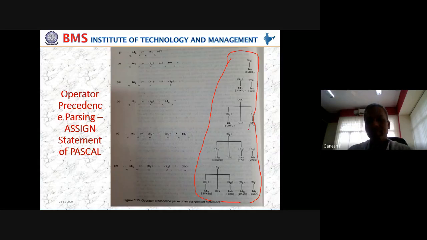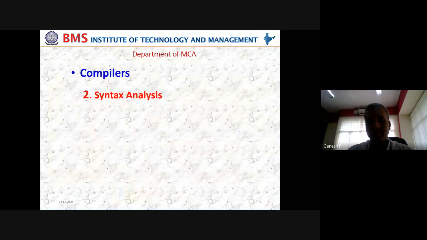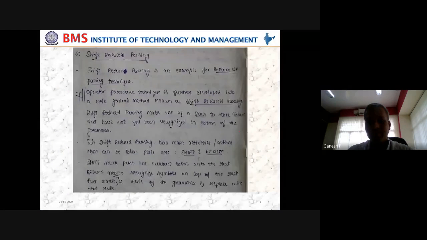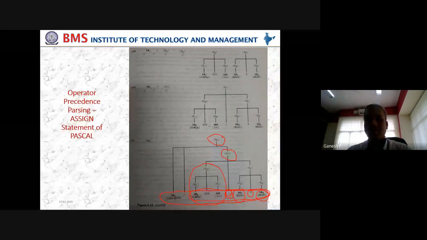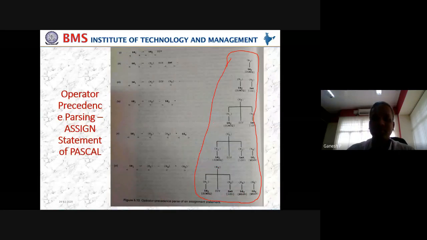Because in the other case, it will be top down, where we'll write the top of the tree first, then we'll come down to the bottom. So if you do the reverse process, you may lose the marks. So the crux here is, you should understand when they say operator precedence parsing, what type of technique it is. It is a bottom-up approach or a top-down approach. That confusion should not be there with you. You should have clarity.